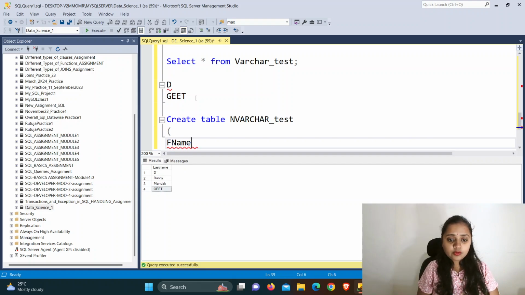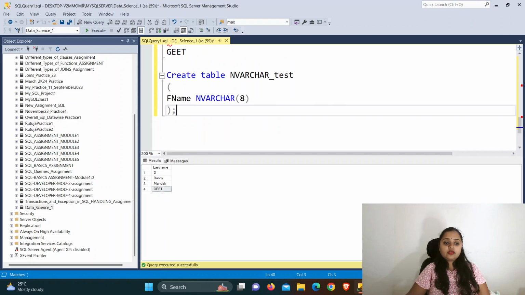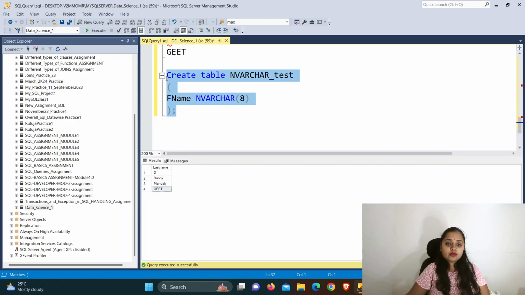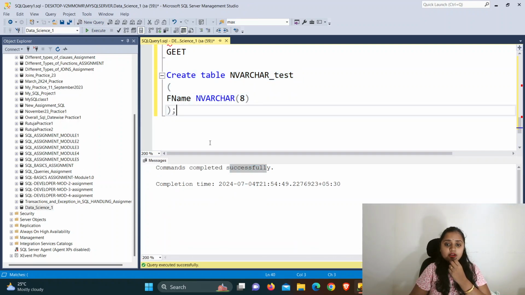I want to give F name. Now give your data type nvarchar, and give a limit, let's say 8, then bracket close and semicolon. Now select this and hit the execute button. Completed successfully. Your table is created with the name nvarchar_test.